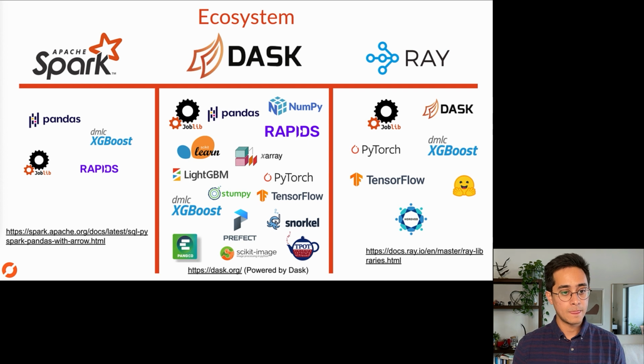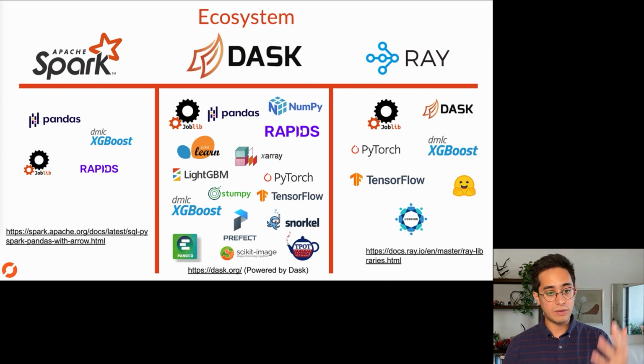So here's the ecosystem. Spark itself is mostly an all-in-one package, an all-in-one tool, partially because of the way it was built, its internals, and partially just because that's how it's been. They have been doing some work to pull in more PyData workloads and Python support into Spark, but it does feel a little bolted on, like in user-defined functions and extraneous packages. And I think even XGBoost had to be forked for it to work properly. So it doesn't have a lot of ecosystem the same way that PyData normally does, with a lot of packages interacting. Dask definitely has the biggest ecosystem here because it was built specifically to support parallelization for a lot of packages.